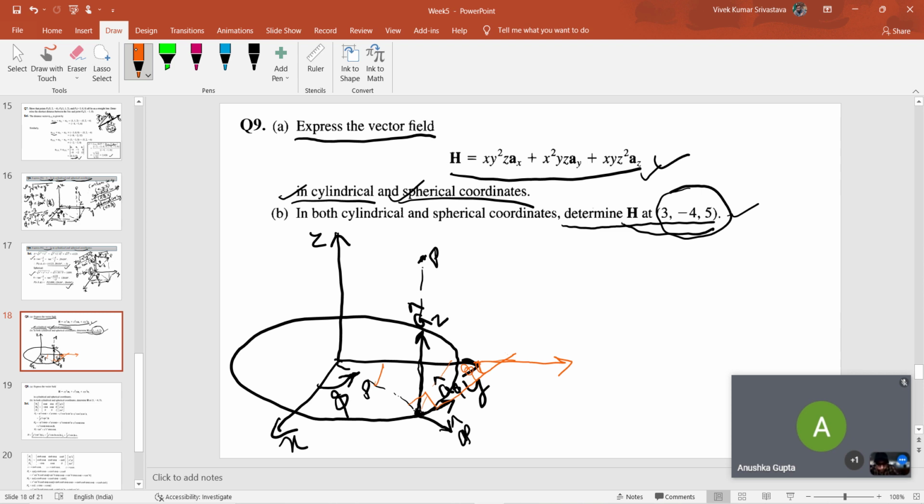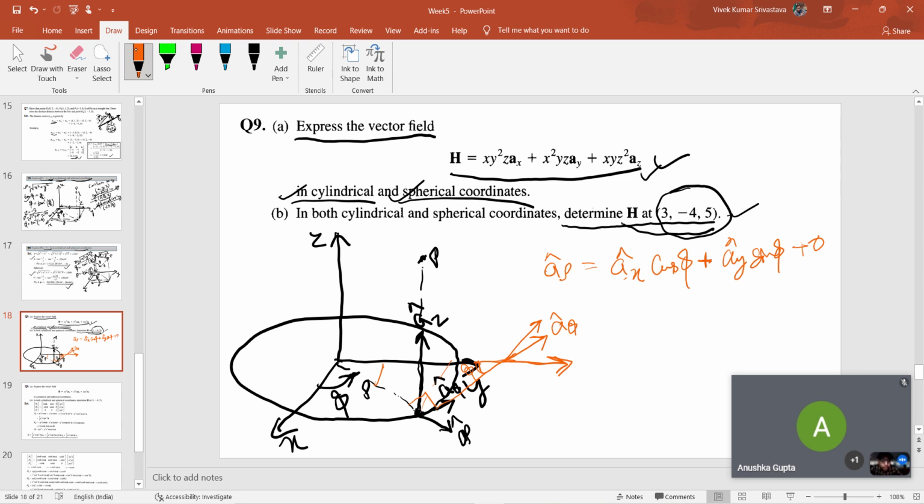Here you can say that a rho is defined as ax cos phi plus ay sin phi, because if this is phi, then you can resolve along y and x. And az will be 0 here